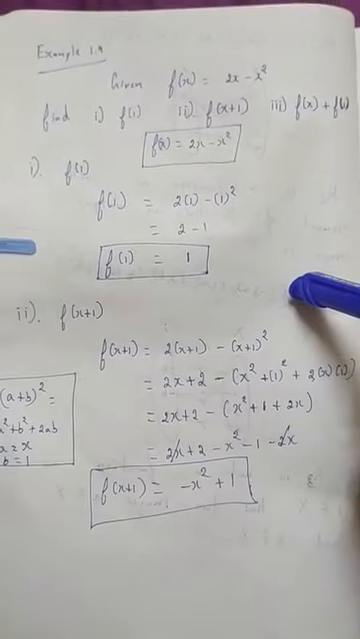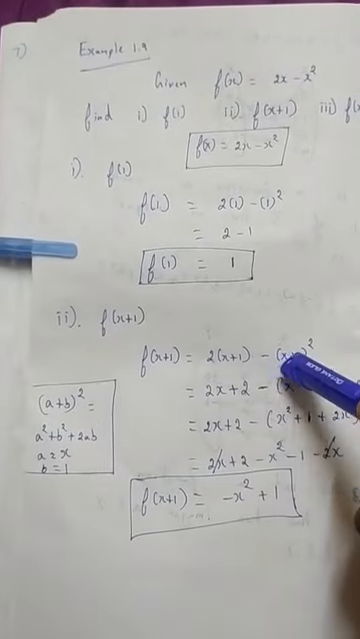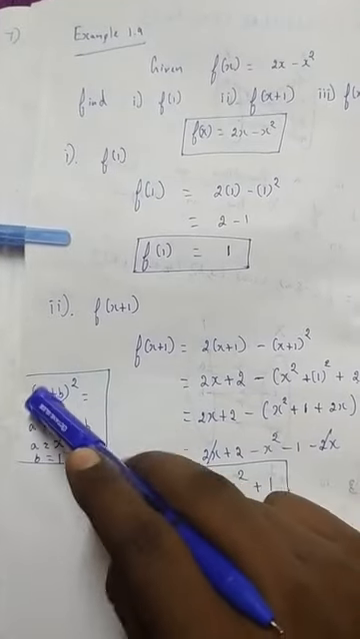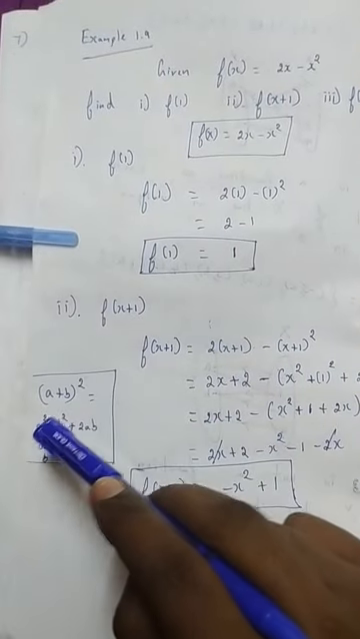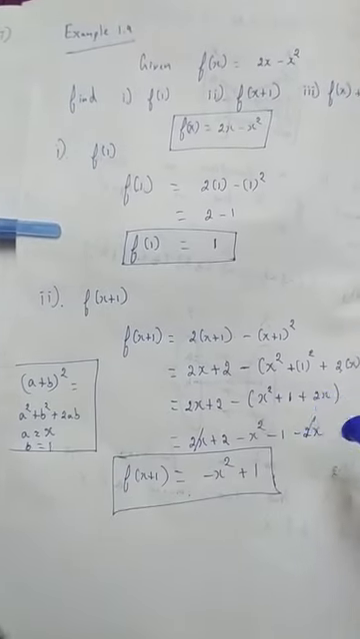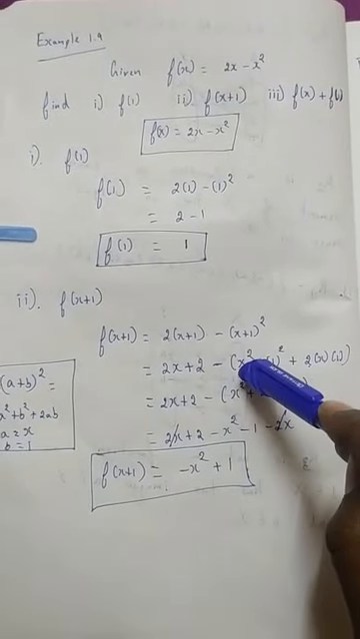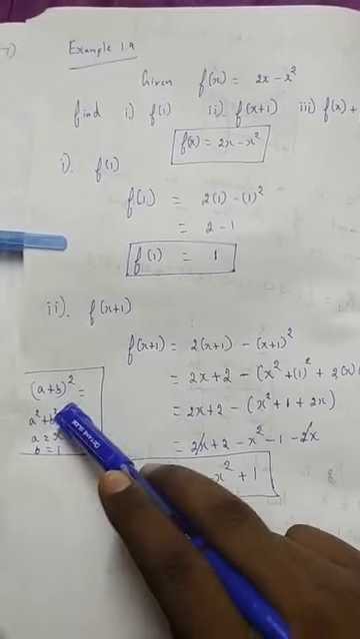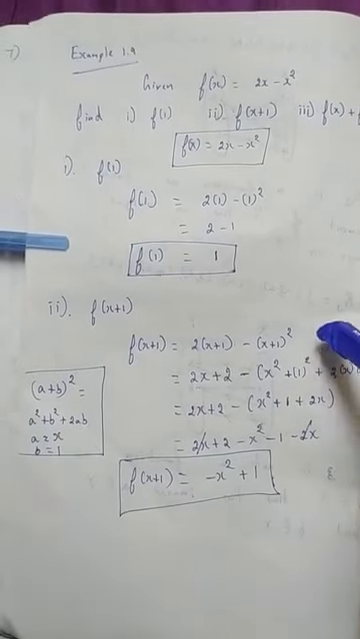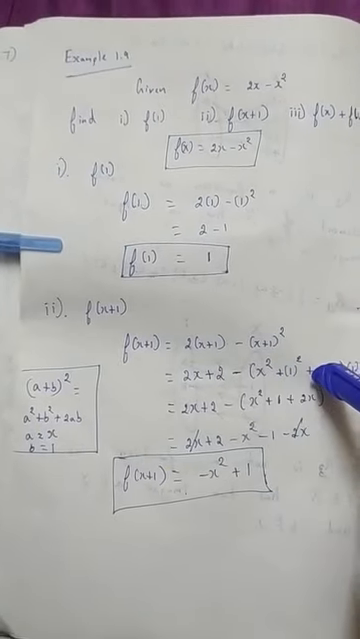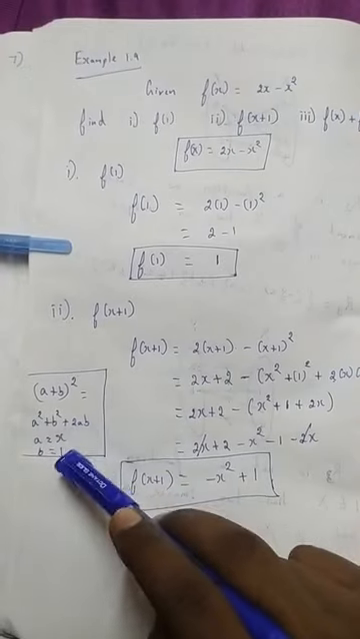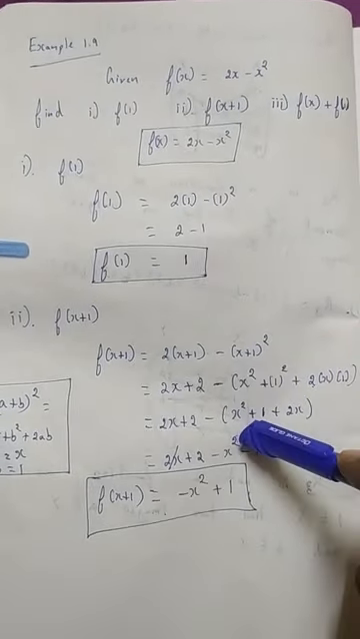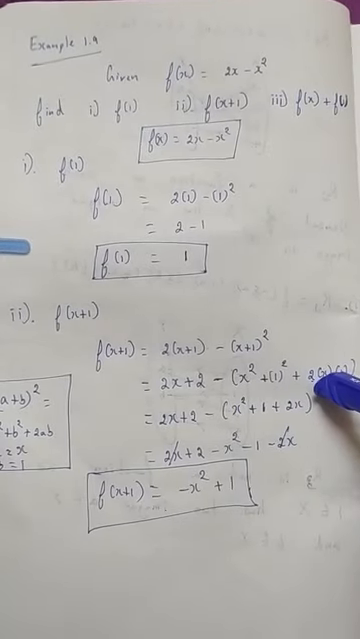like (a plus b) the whole square. So what is in the place of a? x. What is in the place of b? 1. So what is the formula for (a plus b) whole square? a square plus b square plus 2ab. So we have to substitute. a square, what is a? x. So x square plus b square, what is b? 1. So plus 1 square plus 2ab. a is x, b is 1. So x square is x square, 1 square is 1, 2 into x into 1